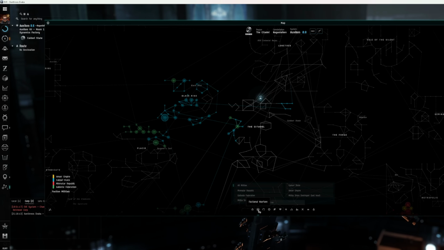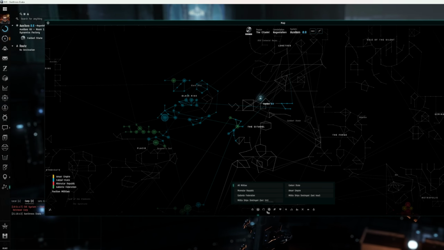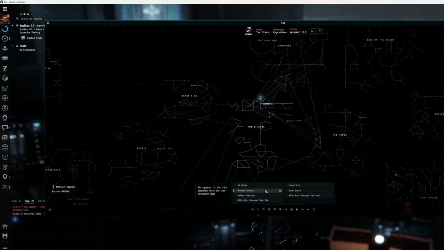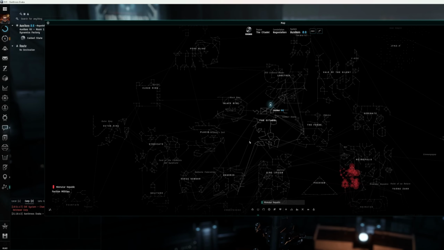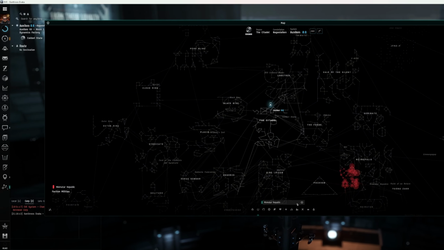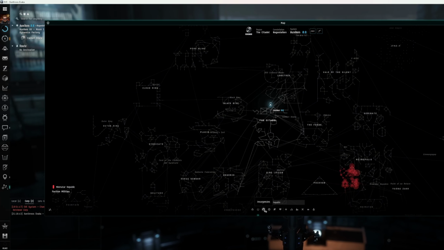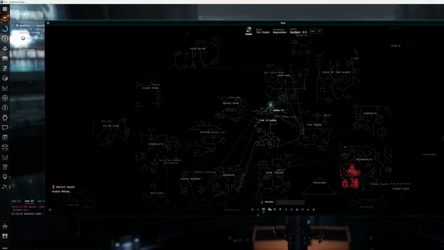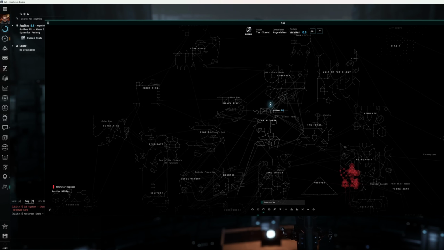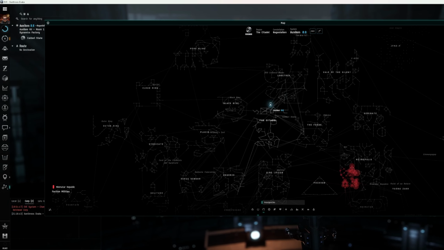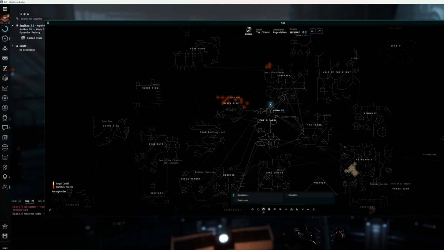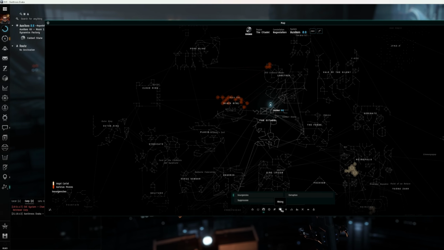If you want to find your factional warfare stuff, Gallente Federation, Minmatar, Federation, or Republic, sorry. Down there, here's your Triangle and Pochven. Looking for insurgencies, so this map has become a lot more intuitive and a lot more useful. Just play around with it when you get a chance. I don't necessarily think you need to do a deep dive on it, but it does help you with things